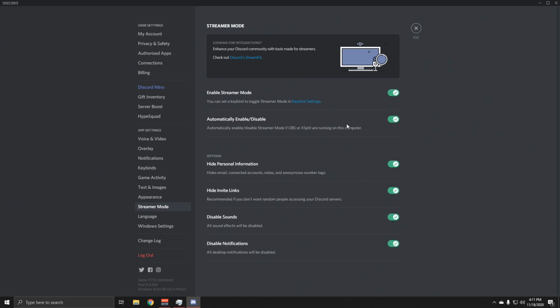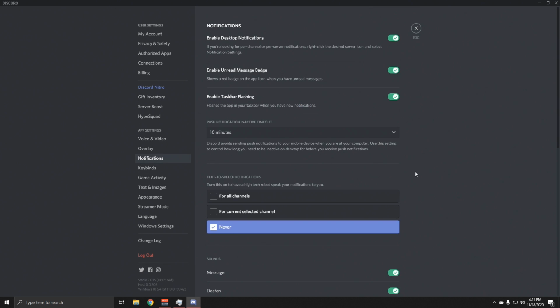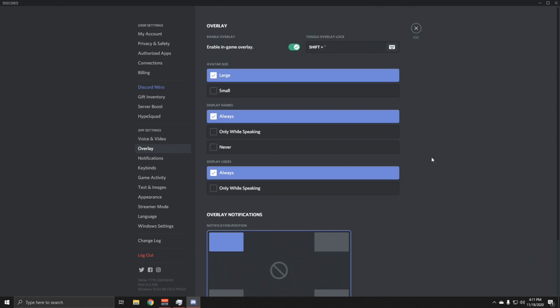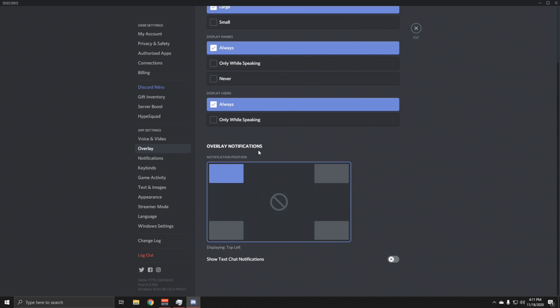Now the problem with me is I have a dual PC setup, so I don't have OBS. I have Streamlabs OBS. I don't have Streamlabs on this computer. So this automatic enable is not going to work with a dual PC setup. So I've got to make sure that I manually turn on streamer mode every time I go live. The reason you want to do that is if I go back to notifications here, I'm sorry, it's overlay. This overlay notification deal, this is where you're actually going to get,